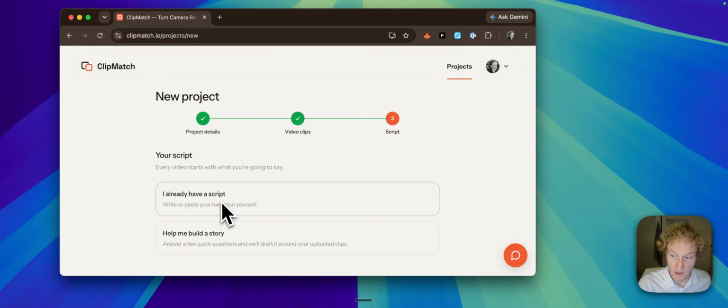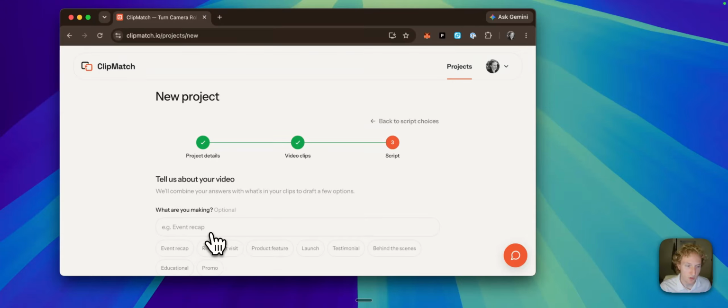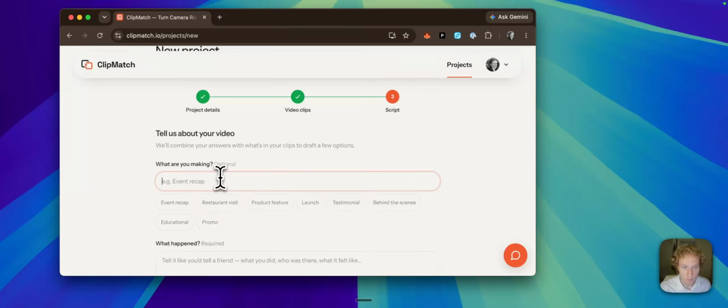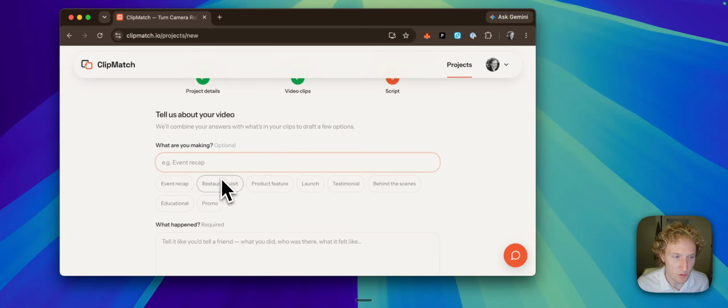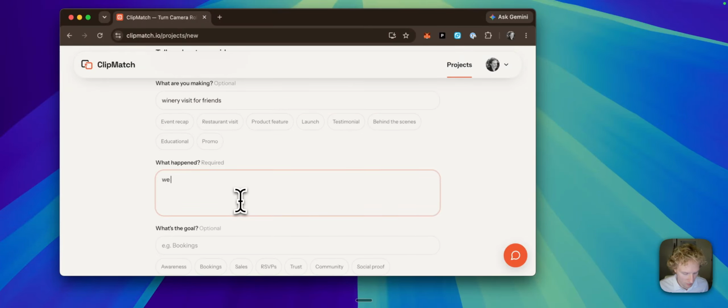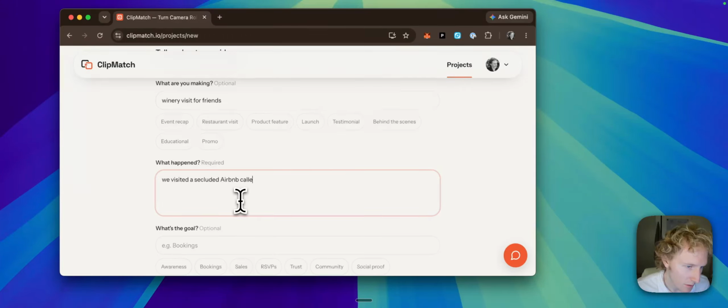There are two options. You can either use your existing script if you already have something in mind, or you can build a story. In this case, we don't have a script, so we will build a story. And in this case, we just want to make some social content for friends. So yeah, we'll call it winery visit for friends. And then what happened? We visited a secluded Airbnb called Spyglass in Sebastopol in wine country, visited a couple wineries, rode bikes,